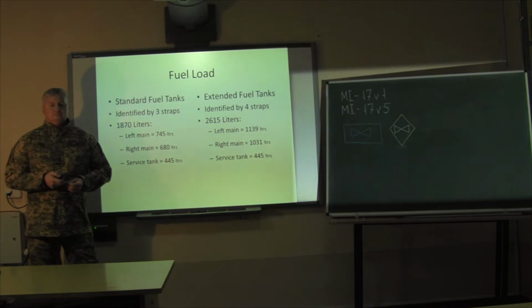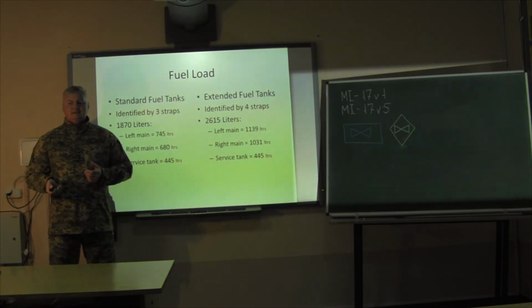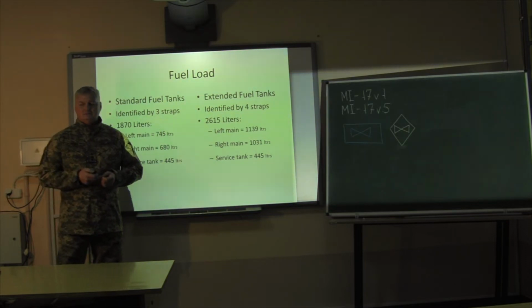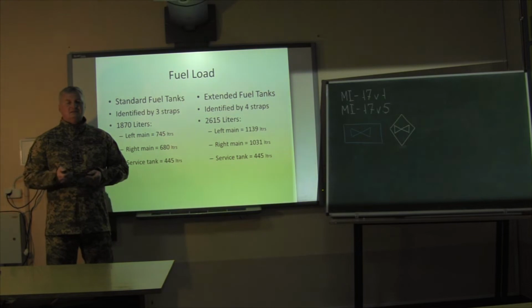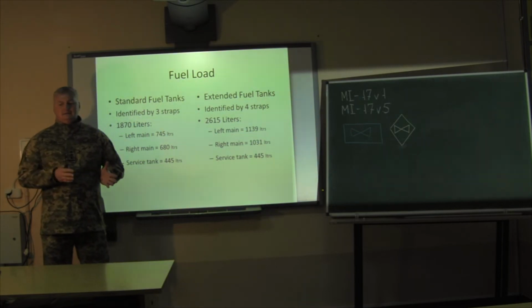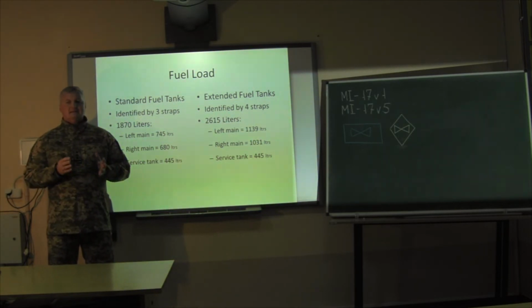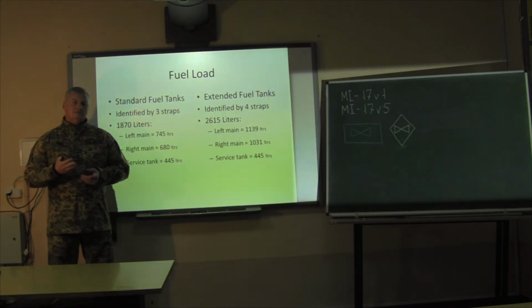Fuel load. As you see, fuel load is also different. Standard fuel tanks are identified by 3 straps, 1,870 liters. Left main fuel tank, 745 liters. Right main tank, 680 liters. And service tank, by the way,